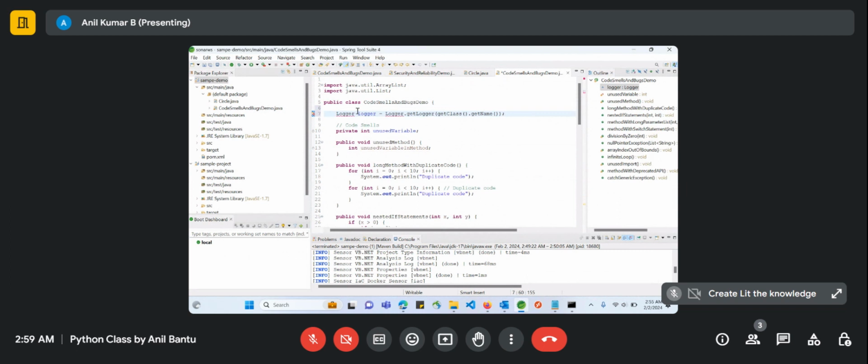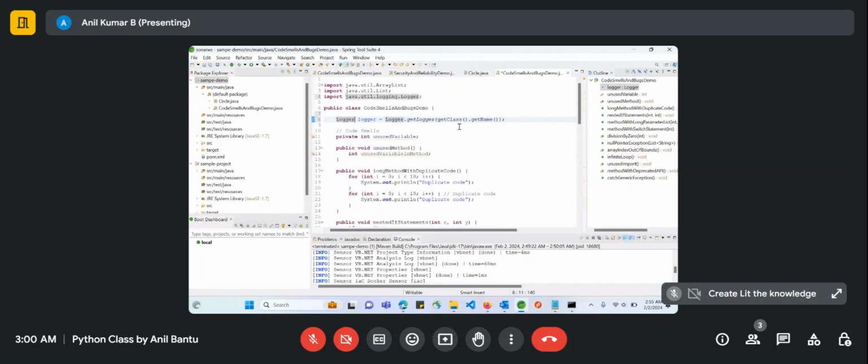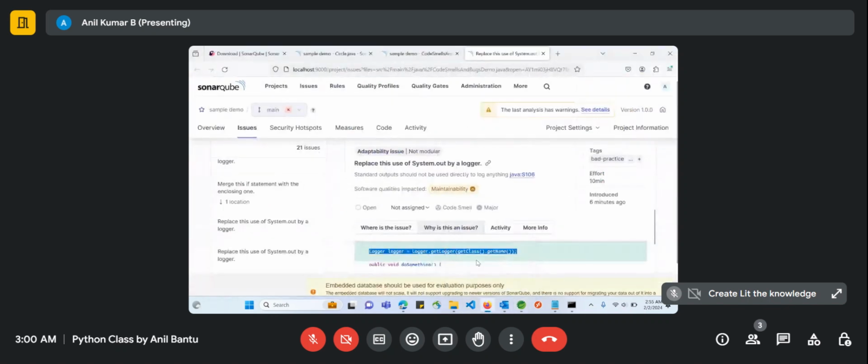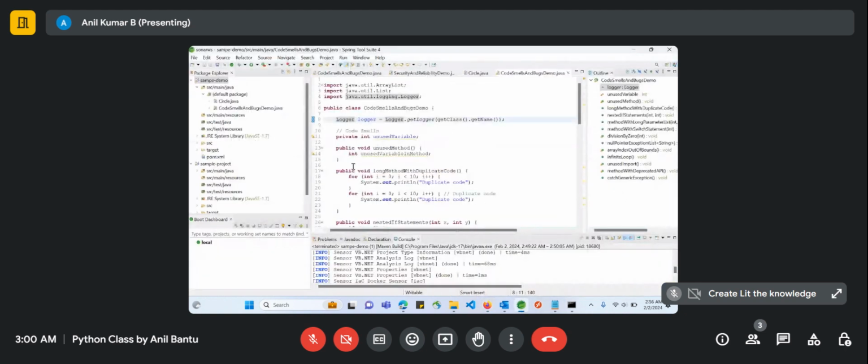Logger is not there, so we need to import it. Right. So wherever system is there, see the code, what is said in non-compliant side. Once it is done, so logger.info, right? So go to the code, wherever system.out is there, we'll make it as a logger.info. Just copy this,